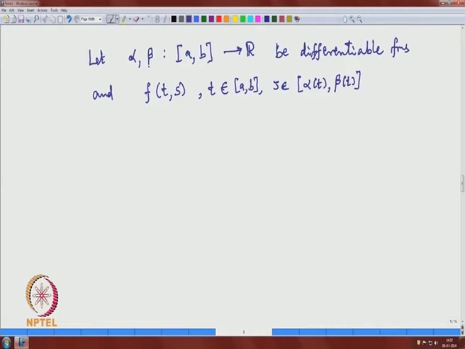So, if beta t happens to be less than alpha t, then you interchange them. Okay. So, there is no restriction on the values of alpha and beta. So, at some t alpha t can be less than beta t, at some other t beta t can be less than alpha t, that does not matter. Okay. Be a continuous function